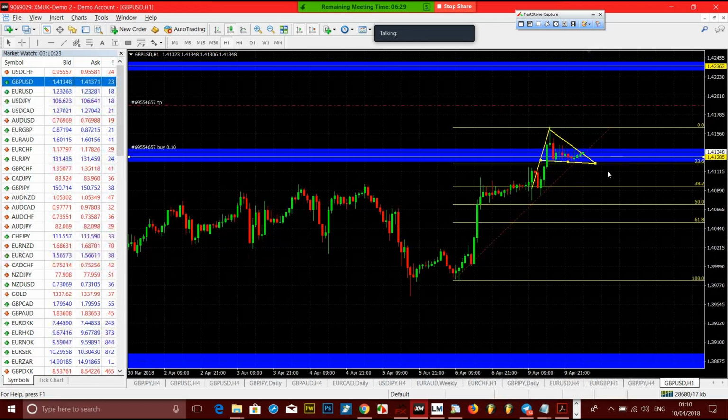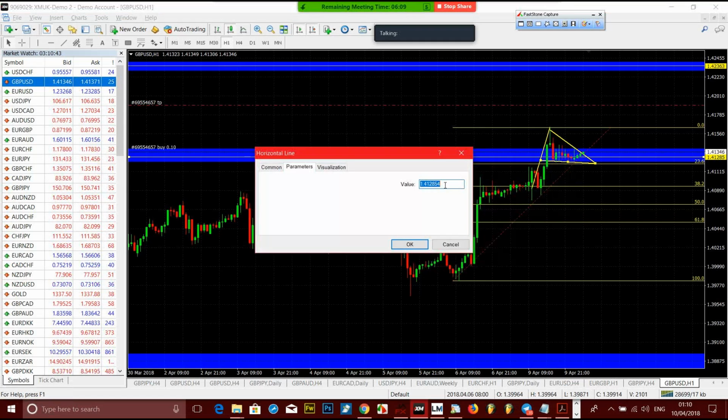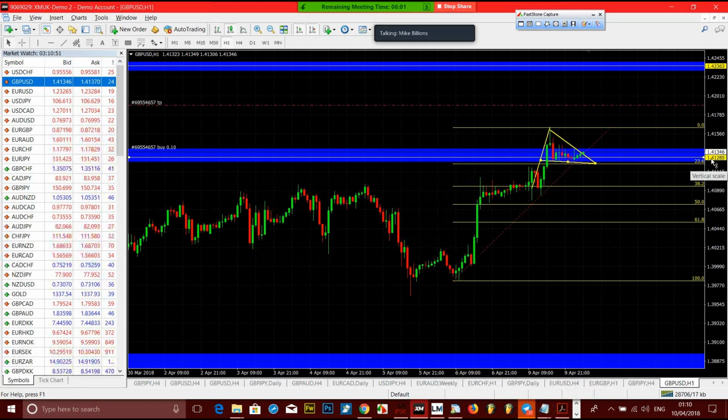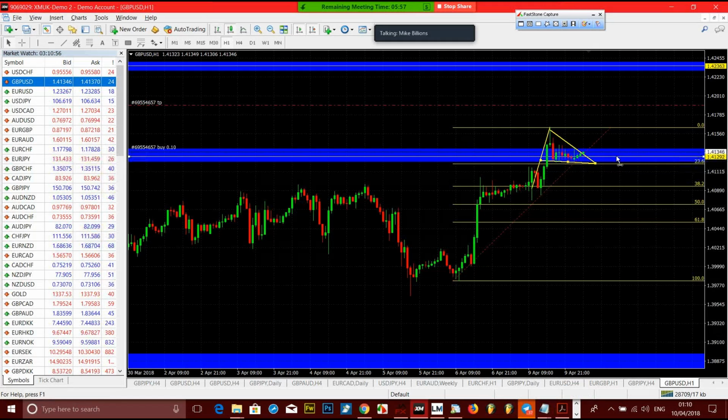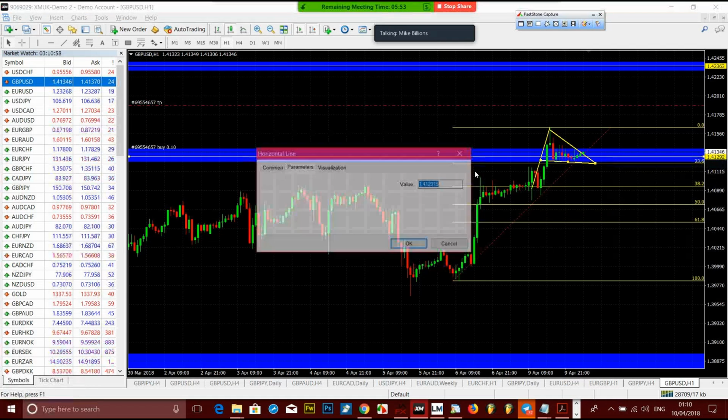Yep, it turned. I tell myself it turned at the 23. It's in confluence with that zone that I find myself in. I can also see if it's a psychological zone. And how do I know what's close here? 1.41. Let me see, 1.41280. Round numbers, round figures, are psychological zones. So that's a psychological zone. Let me see 500 if that works. 500 might really come down.